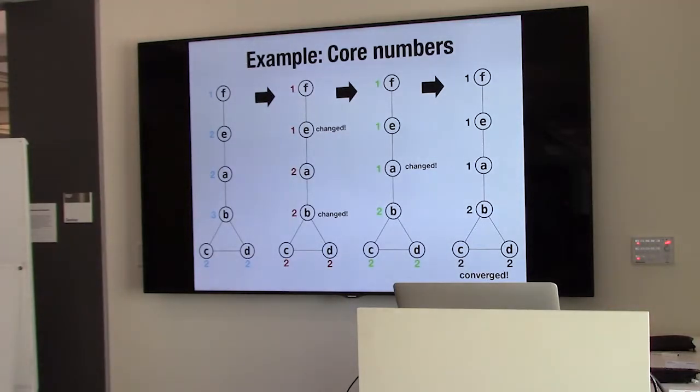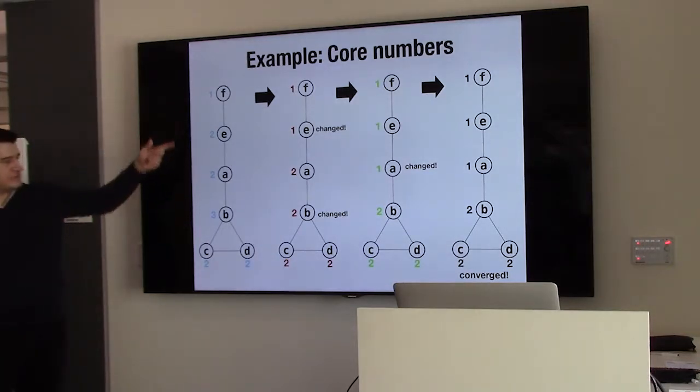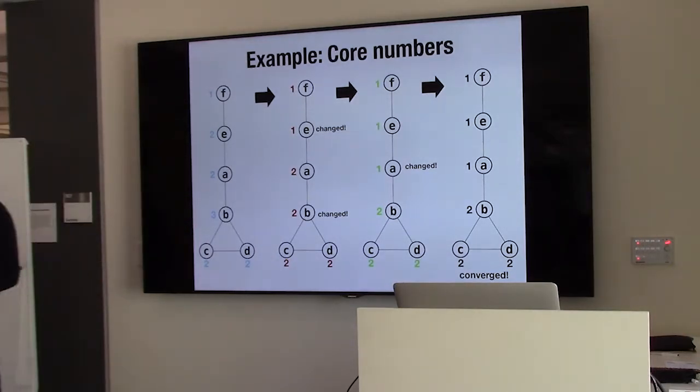But this kind of indicates that the convergence would depend on the expansion. Yes, there is some information propagation necessarily going on from vertex F to vertex A here. So the degree of vertex F is 1, and vertex A will only know that in the third step. So possibly these numbers that you gave will not be the same if the graph was something like that versus if the graph was an